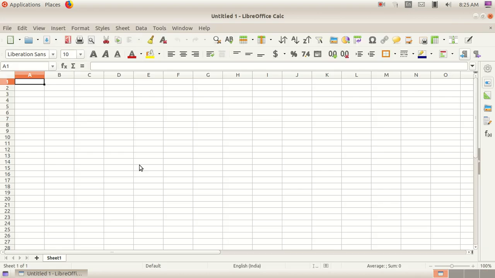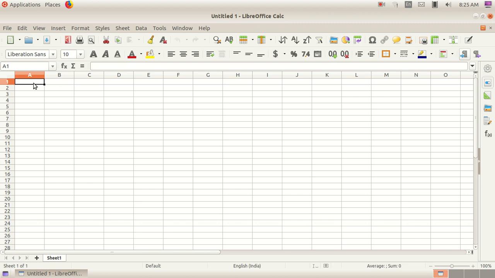It's a platform for typing and tabulating the data. It's a spreadsheet. There are many rows and columns. Here, the first activity: we have to type some data regarding the temperature at different places, and we have to find the average temperature. So for that, first we can create the table.